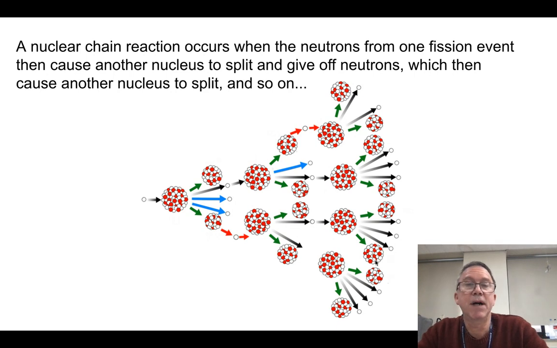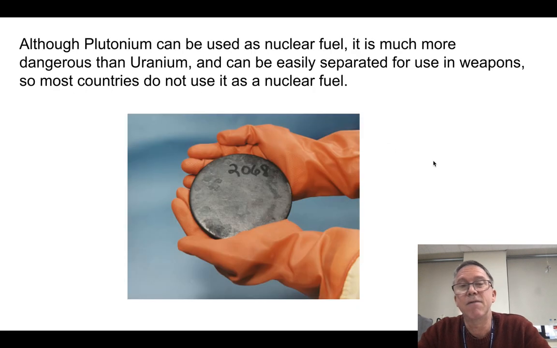Well, the trick with nuclear power, this is what we want to happen in a bomb. We want to have a rapid acceleration. But in a nuclear reactor, I want to control this so that I have just a very steady chain reaction rather than an uncontrolled chain reaction. But still, it's all about the neutrons splitting the uranium-235 nuclei.